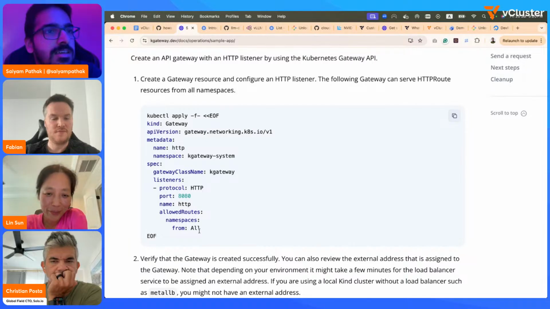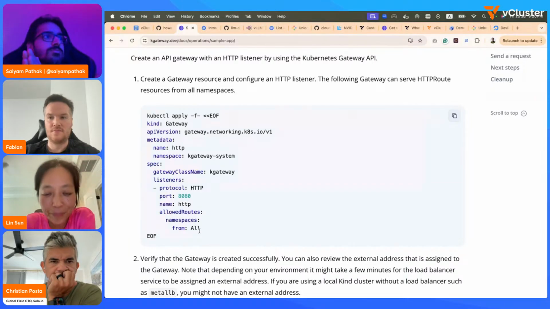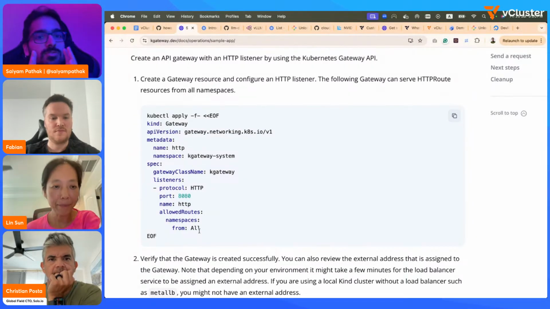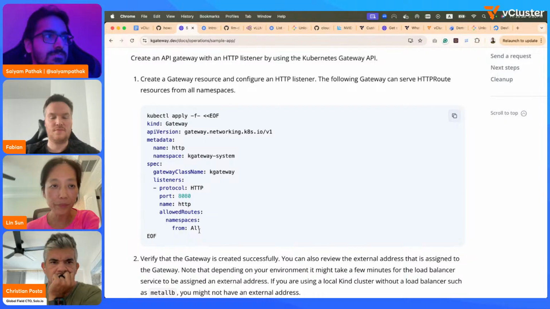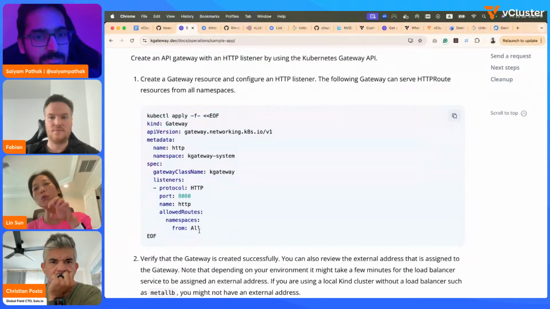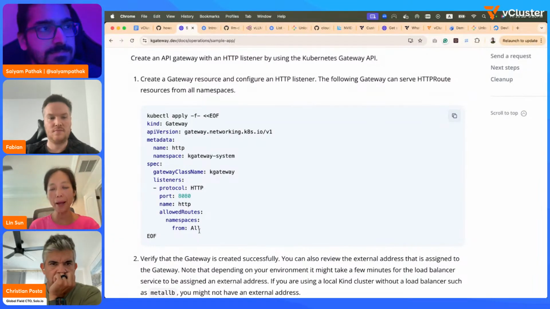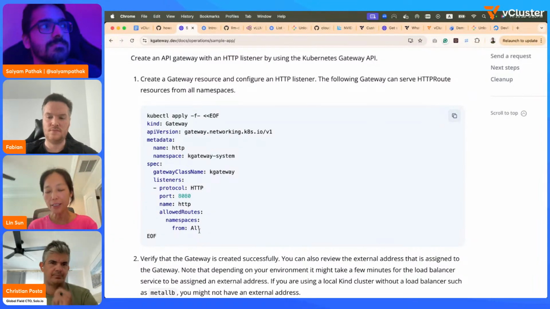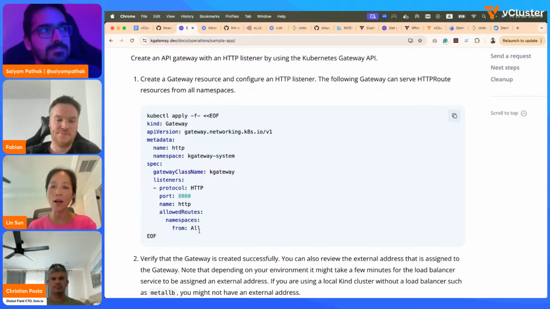So let's say there is another application that we want to deploy. Then we don't need to create the gateway. We only need to create the route, right? That's right. If your other application shares the same gateway proxy, you can just configure it using the same one.